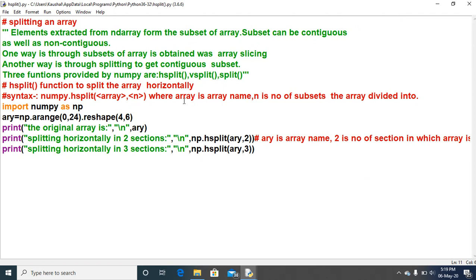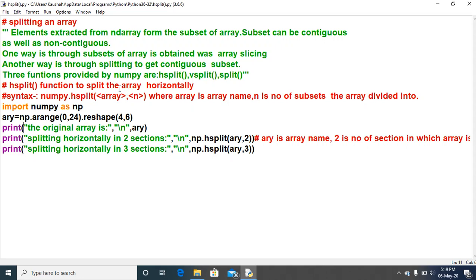It means how many sections you want to divide the array into is given through the argument n. N means whether you want to divide the original array into 2 parts or 3 parts. This we need to specify after the comma, inside the bracket of hsplit.